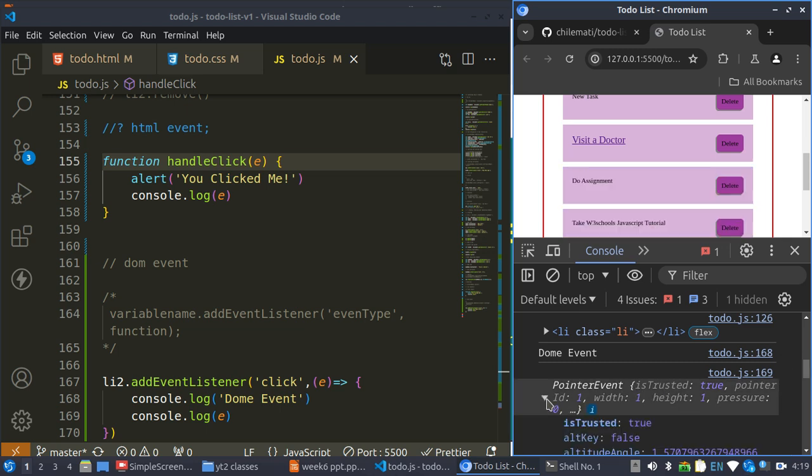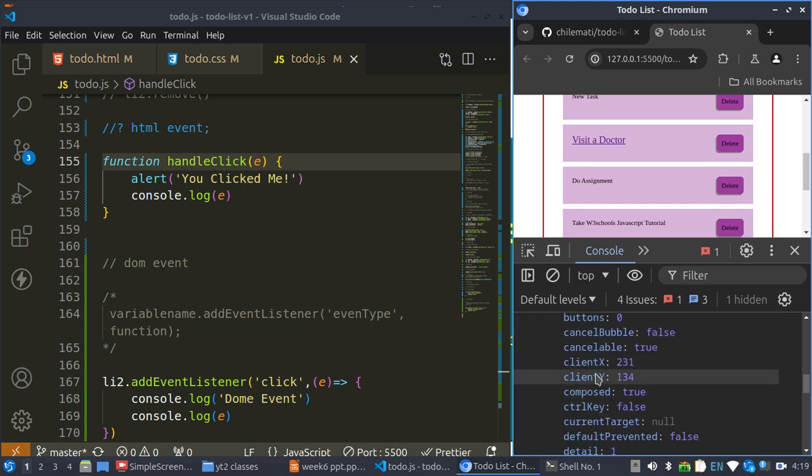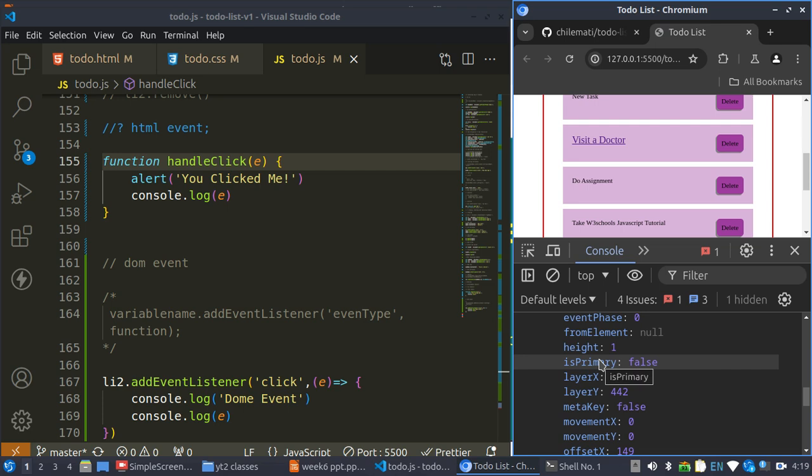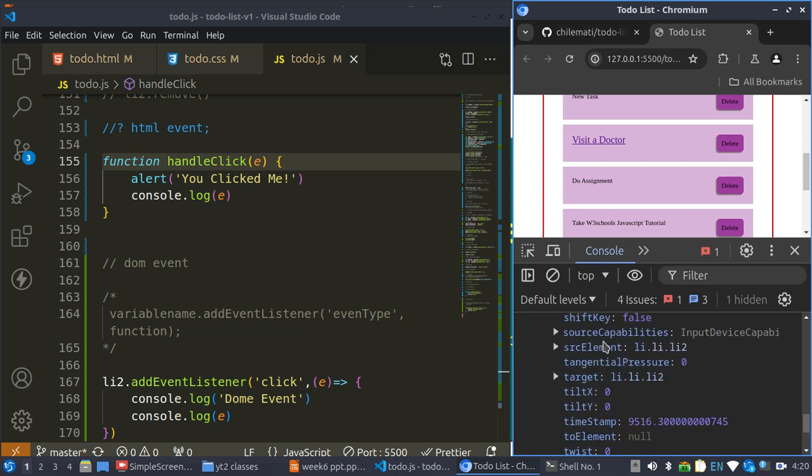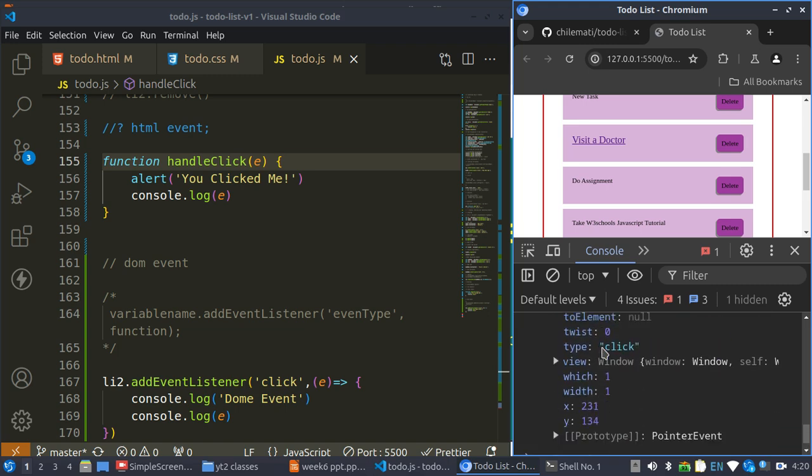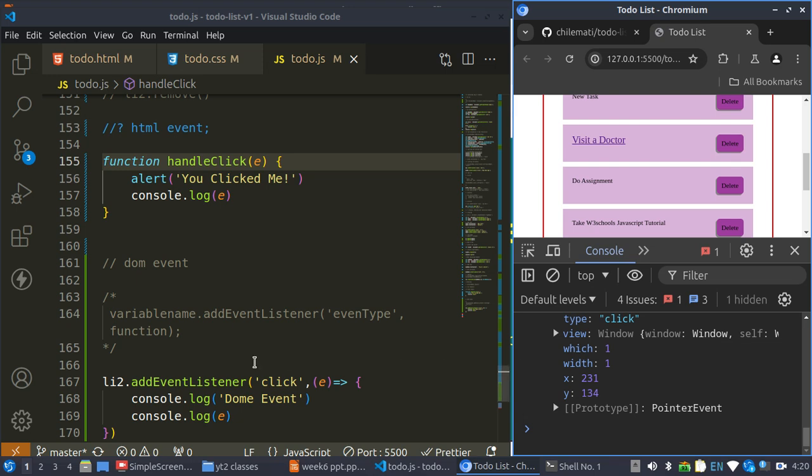Now this shows a list of some things that I have access to when this event occurs. So I have access to the exact position of the pointer, the event phase, you see the target, the width. So there are so many things I have access to when I add an event using the DOM